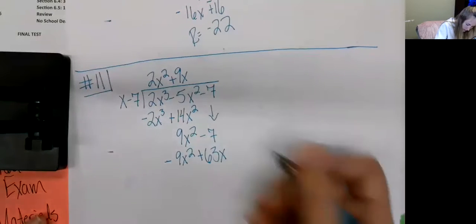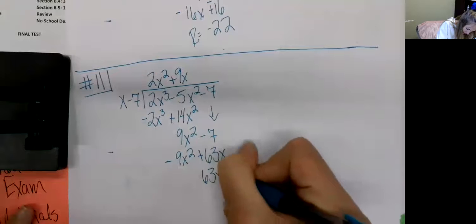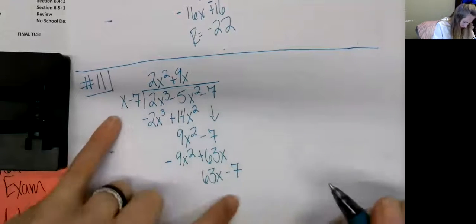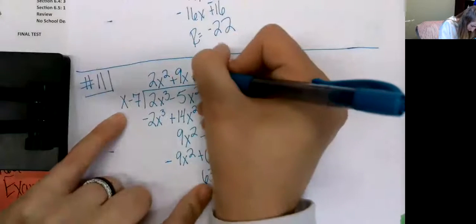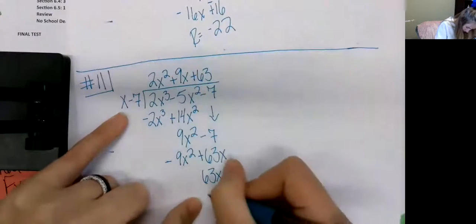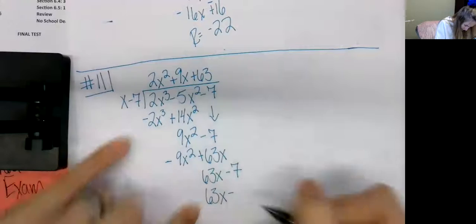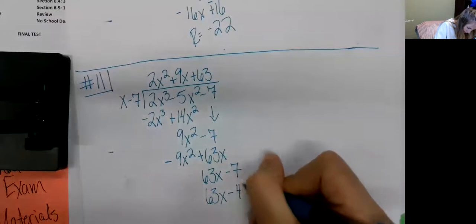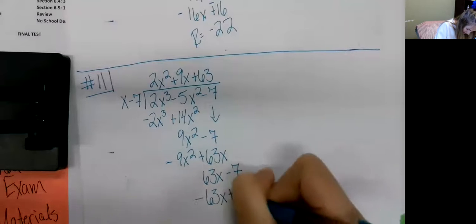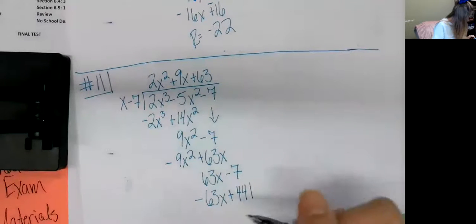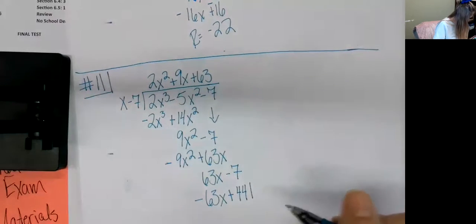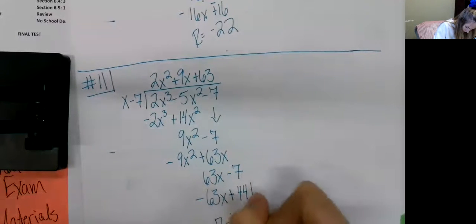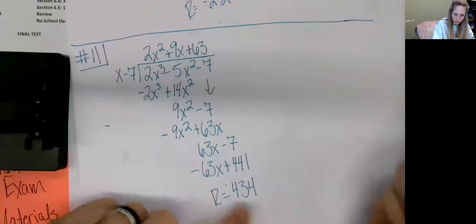9x squared subtract 9x squared is 0. So we have 63x, and that's negative 7, so subtract 7. I'm going to multiply by 63 here. So I'd have 63x subtract 63 times 7 is 441. Change your signs. That's 0. 441 subtract 7 is 434, and that'll be our remainder